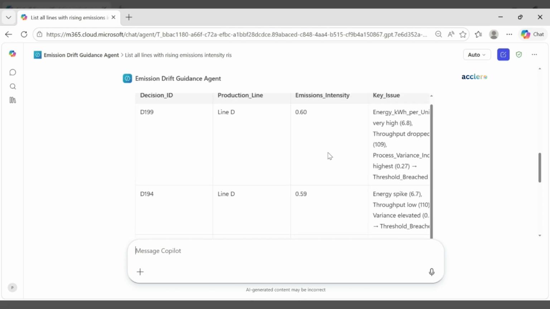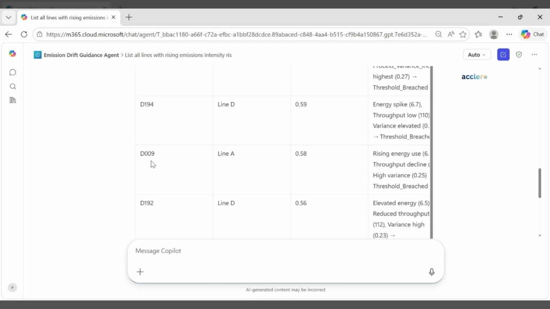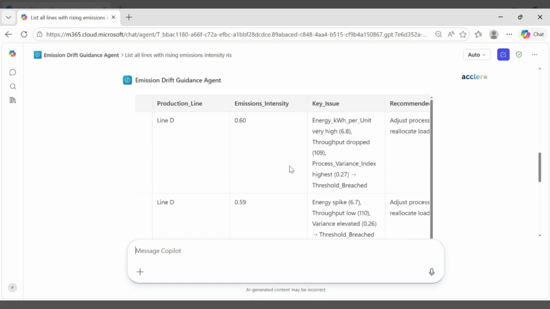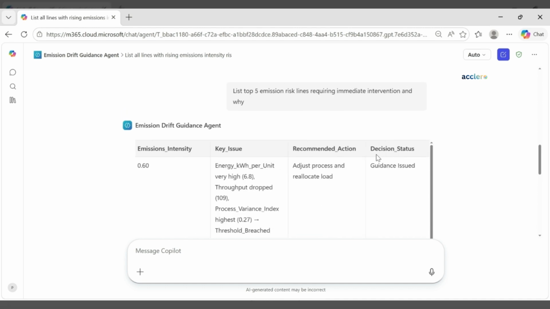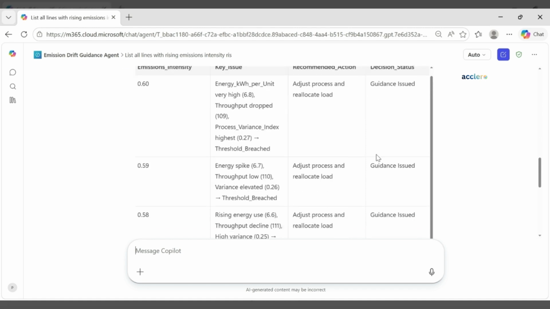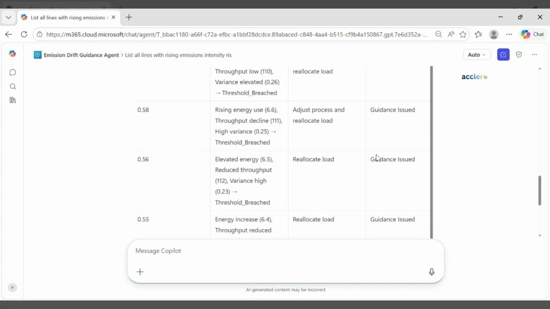Then D194 and D009. So here similar patterns are across the high-risk lines, where the increasing production output and the rising variability are pushing the emissions beyond the acceptable limit. The agent also recommends immediate corrective actions such as adjusting the process parameters and reallocating the production load